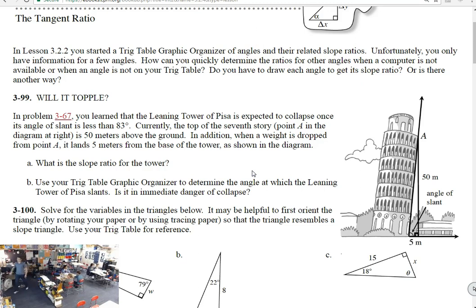We talked last week about the Leaning Tower of Pisa. Can anyone remind me what we figured out, what we were concerned about, what we hypothesized? Some of us had what we thought was the angle of the tower. You were very frustrated because I never gave you the answer, and that was intentional. So the concern is that if it dips below 83 degrees, if it tips beyond that point, they're guessing it will likely fall.